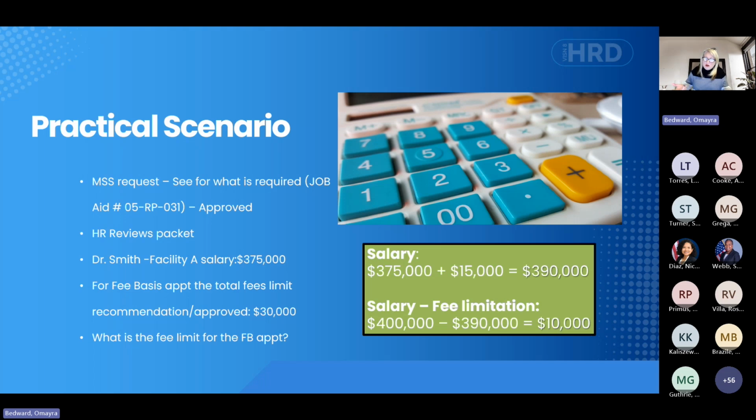So if their total salary, assuming they're going to make up to 15,000, doesn't mean that they will, but we have to assume that, right? We don't want to set the provider up for failure and give them a tentative offer, letting them know, oh, you're going to make another 30,000 or $40,000. And then at the end of the year, there's that fee limitation notice that tells us, oh, listen, he's nearing that limit. He can be paid.